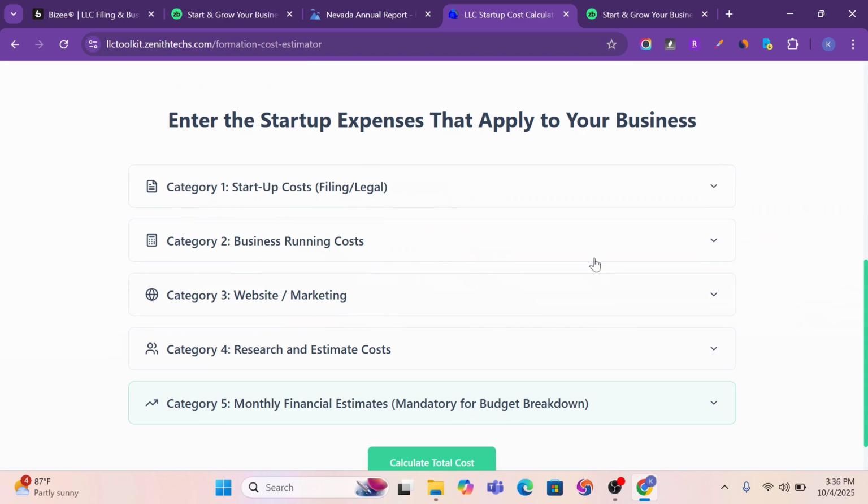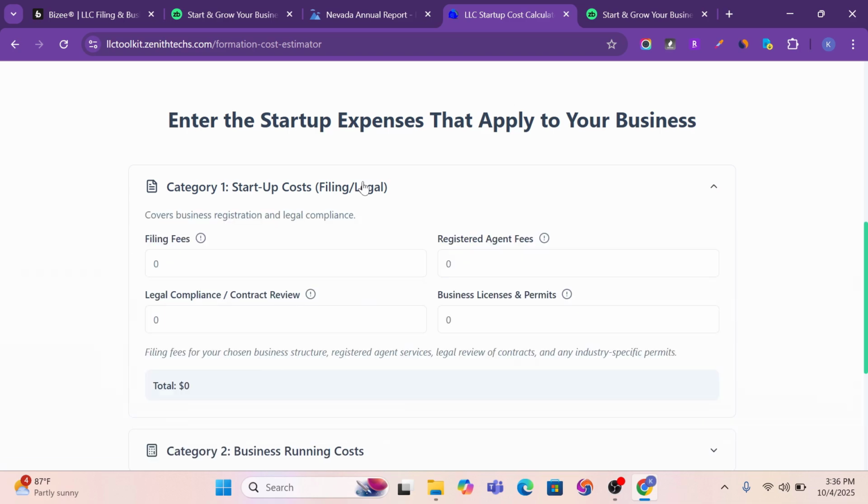So over here, as you can see, we are going to enter the expenses of our business. The first category of expenses you are going to make is trying to start your business by registering your business in a state in the United States. So let me click on this startup cost, which is the filing and legal. First, the state filing fee. Let's say you are filing in the state of Wyoming, which is around